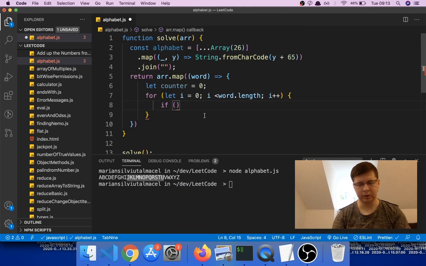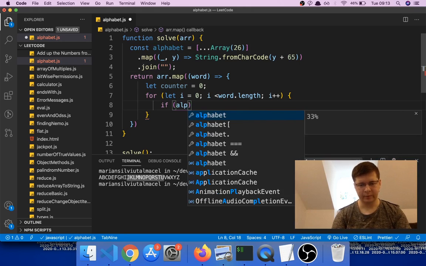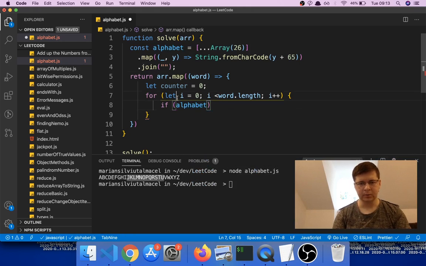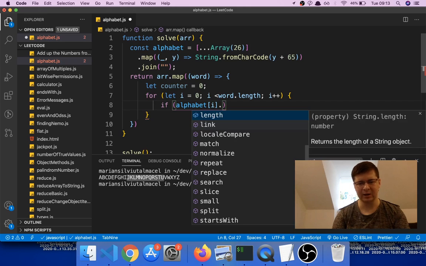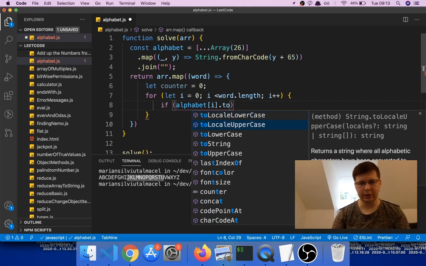alphabet of i, because i is gonna be going from 0 to the current word length, and it's gonna check if alphabet of i toLowerCase. We want to lowercase both things that we're comparing, so it doesn't matter if they're lowercase or uppercase. So we're just gonna make them both lowercase, and if they're equal, then we're gonna increase counter, right? So we're saying if alphabet i toLowerCase